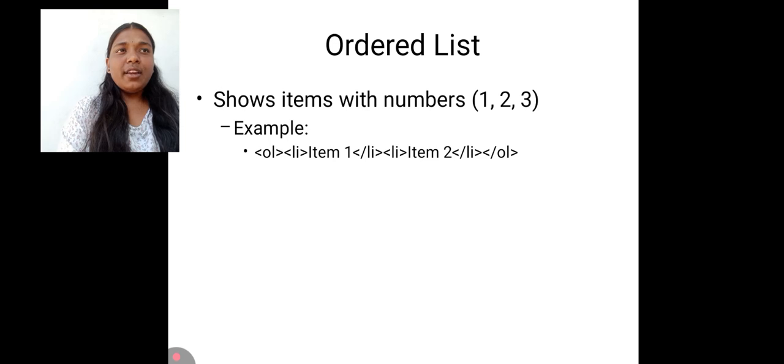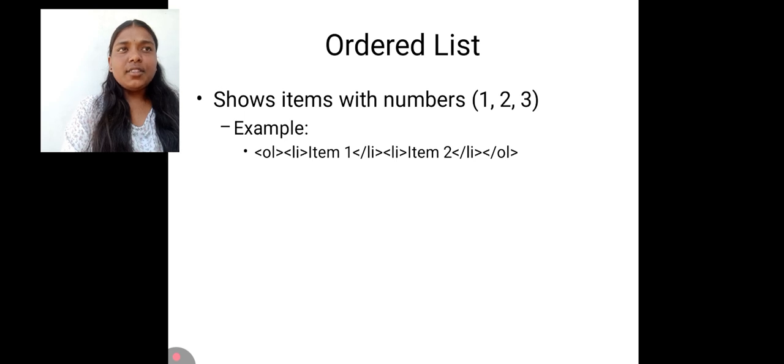Ordered list is used when the sequence of the items is important, where we want to give the items in a sequential manner, where the order really matters. It is represented using the OL tag. Ordered list displays items in a specific order, like numbers 1 to 3. These lists are used when the order matters, for example steps of a process, instructions, ranking, etc. The items inside the ordered list are represented using the li tag, which stands for list items.